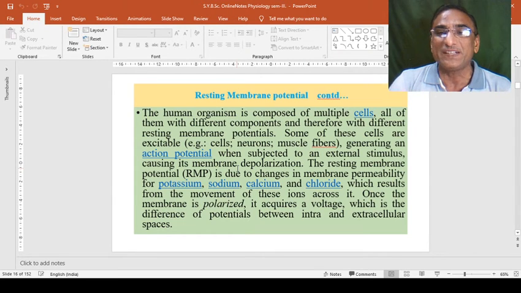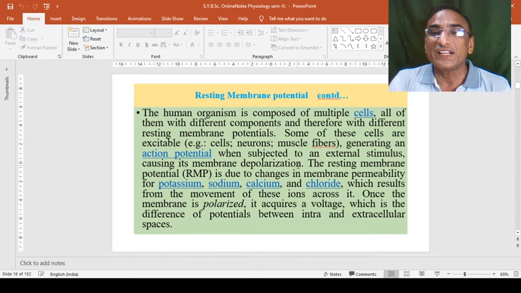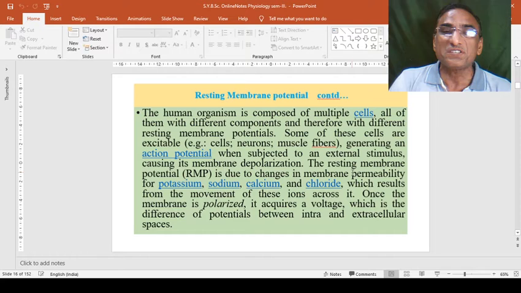I will explain it. But until the activity of the action potential is carried out positively, this activity is regulated by maintaining the ions. The resting membrane potential is due to changes in membrane permeability. Generally, membranes are permeable, impermeable or semi-permeable. It depends on the type of cells or tissues.